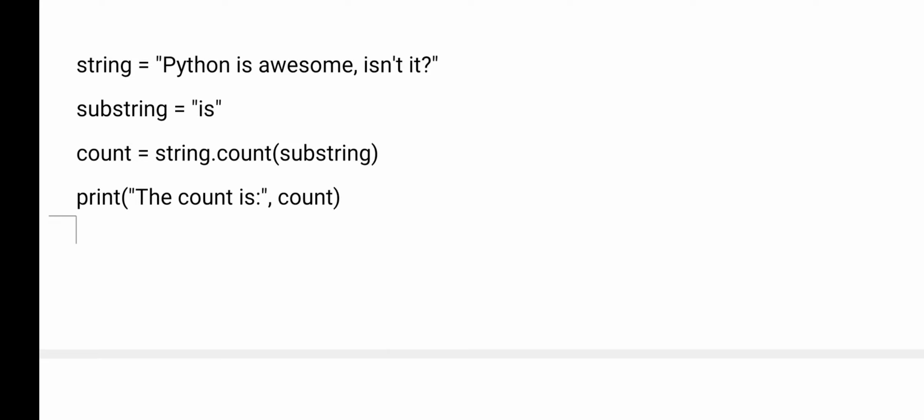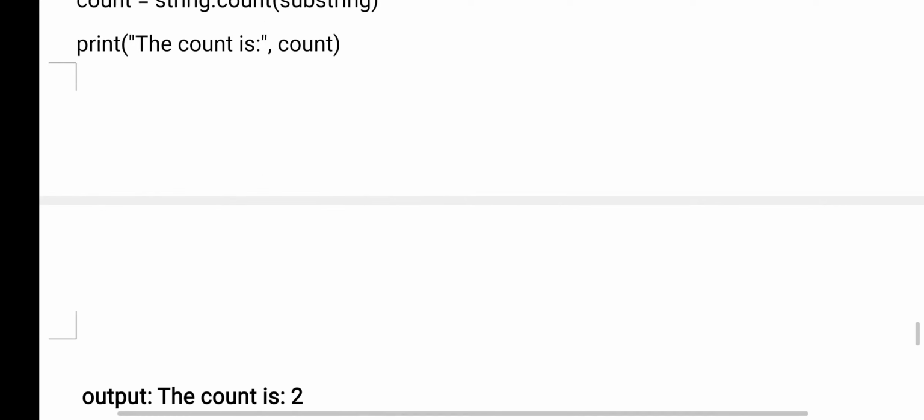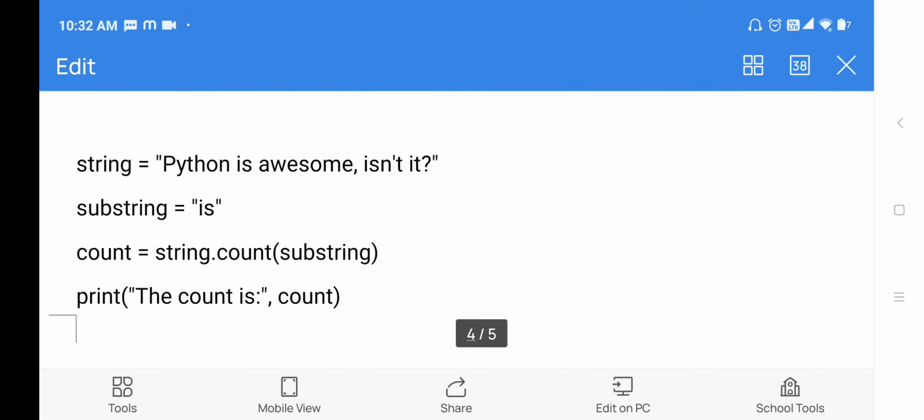Now count equals string dot count, where string is the one in which you want to search 'is'. The count function is used to count the number of occurrences of the substring in the main string. Now we are printing that. Here the answer is 2. Why? Because 'is' is present in the string 2 times. One is in 'Python is' and the other in 'isn't it'.